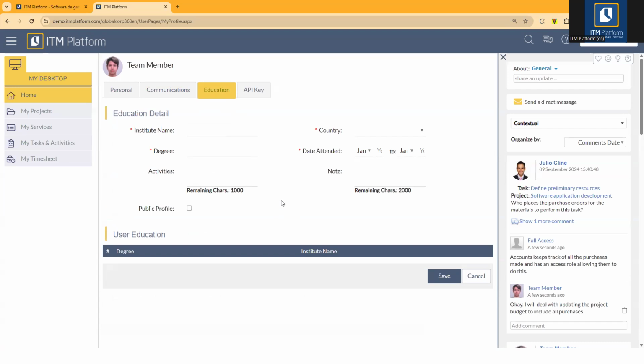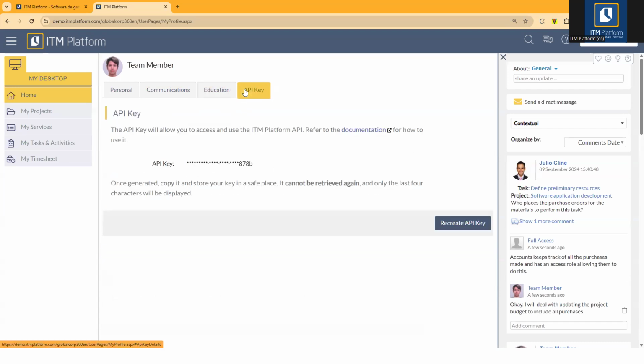or for your organization. And the last is the API key. This is rarely used by team members. However, let me show you why this might be helpful. The API key is a way to authenticate against ITM Platform when there are some automations happening in the system. For example, if you would like to build